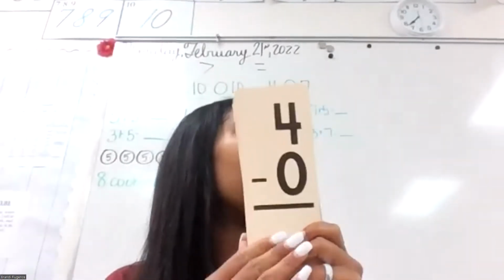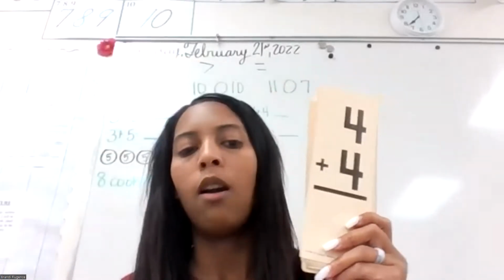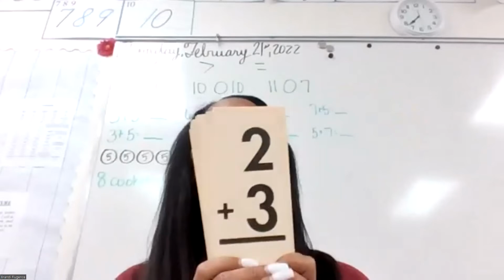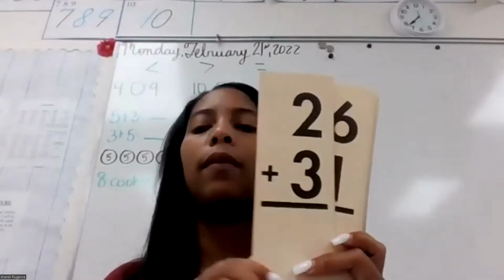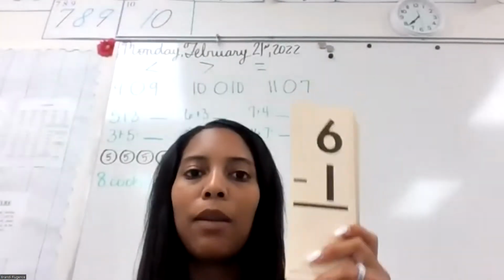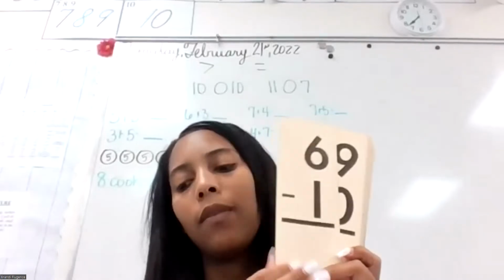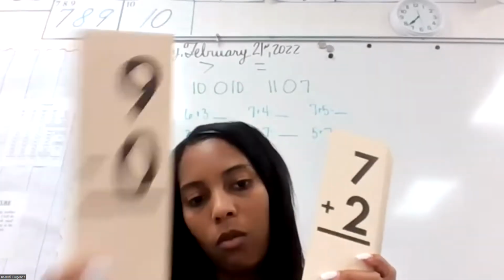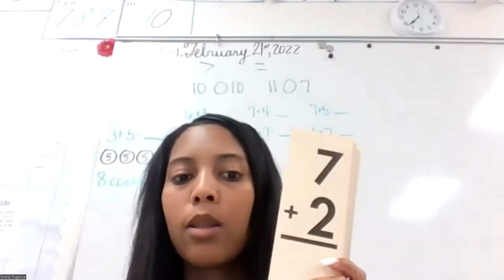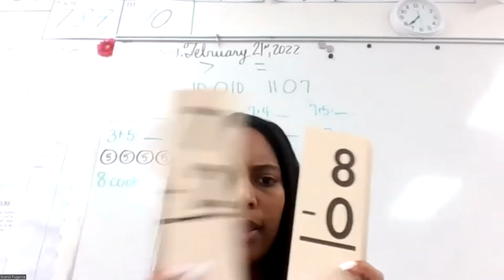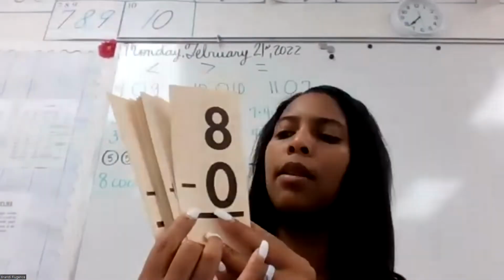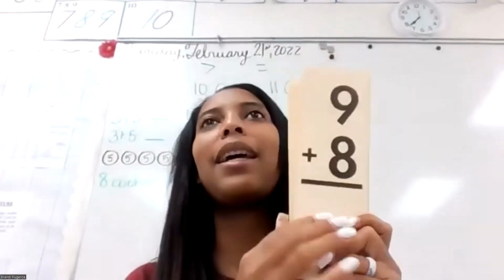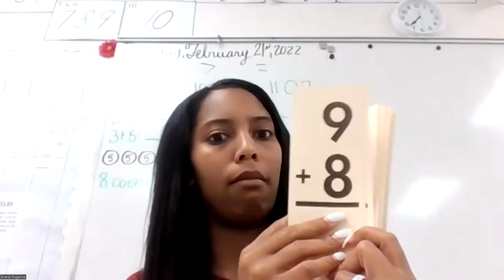4 minus 0 equals 4 plus 4 equals 2 plus 3 equals 6 minus 1 equals 9 minus 0 equals 7 plus 2 equals 9. 8 minus 0 equals 8, sorry. 9 plus 8 equals